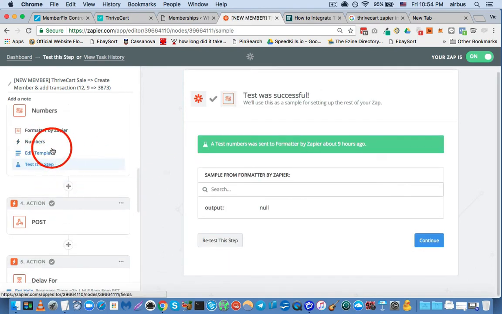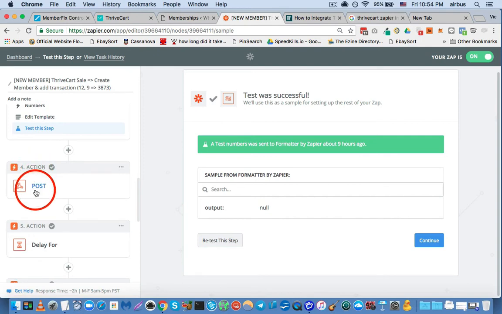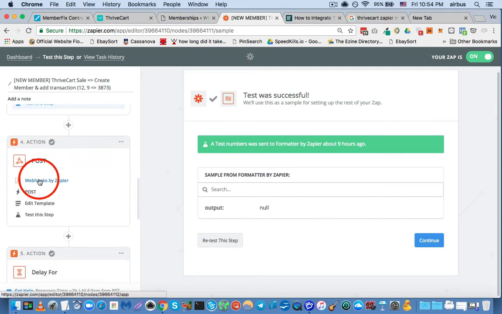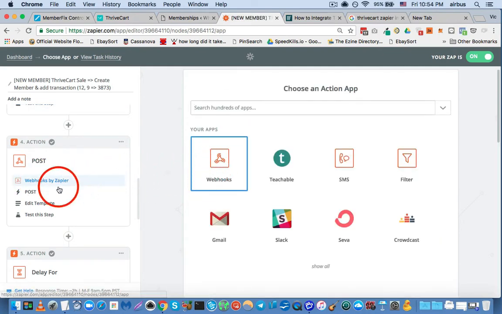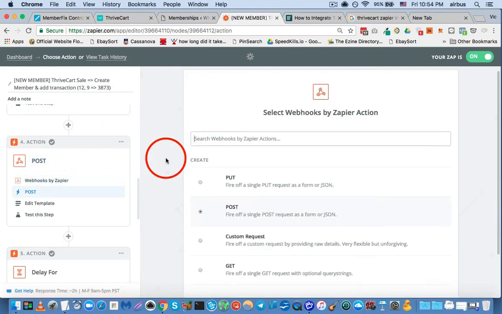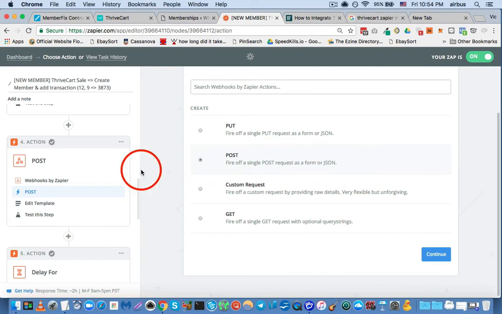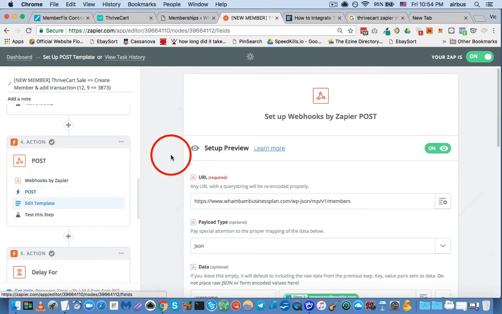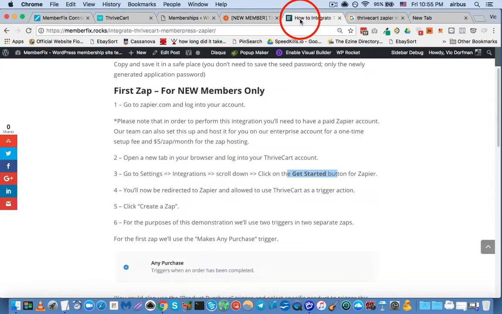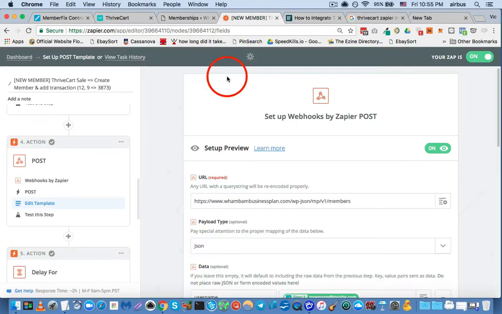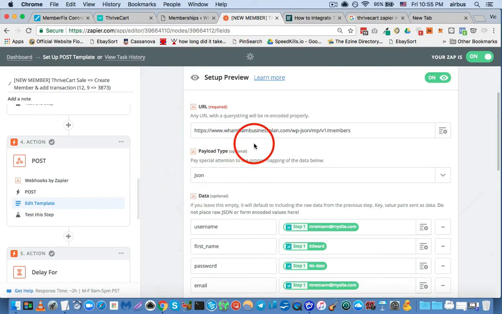Okay, now we can move on to step number 4. And in this step, we're going to select webhooks. We're going to select the post action. Then we're going to edit the template. And for the URL, if you're following my documentation here, I've got the URL that you can copy and paste. It's going to be your website